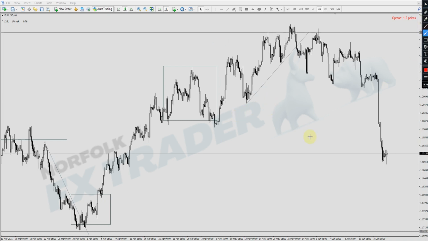Now before we go on to the second part of this video, I want to just cover market structure once more. If we see the market doing this, this is our typical bullish market structure. We are seeing the market making new highs and new lows. If we continue to do this, breaking previous highs, we continue in this uptrend. But if we see this happen,